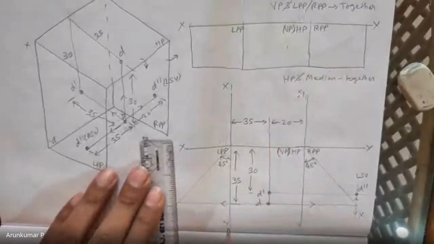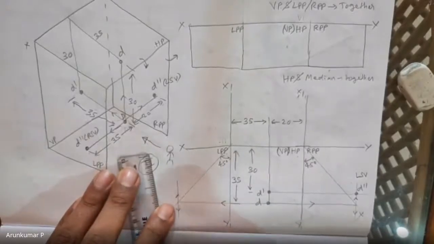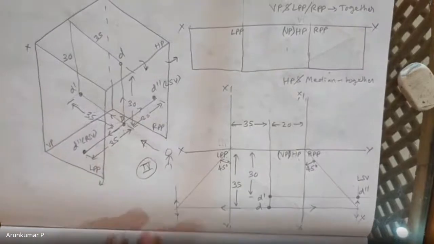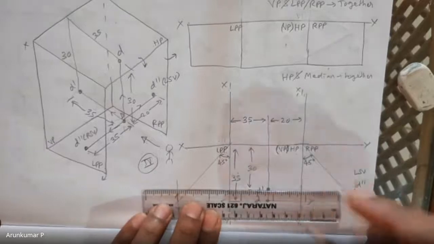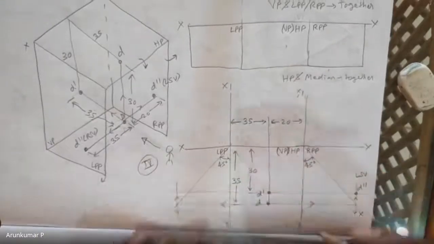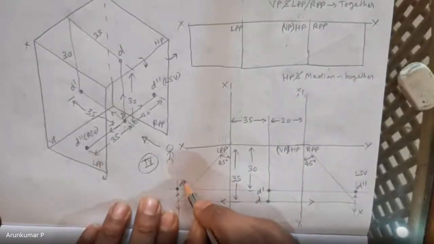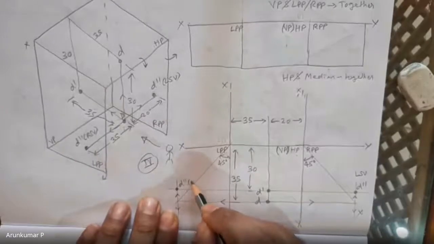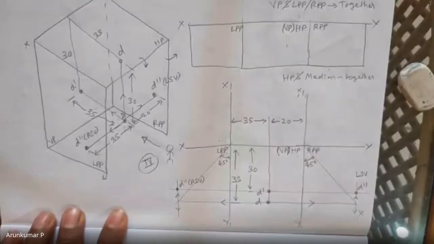From here, you should decide whether you want to take it up or down, depending on the location of the front view. In this case, since the front view is up, you have to take it up and see that it intersects the front view. At the point of intersection, this will be your side view D double dash, which is your right side view. So what you find is, see here, D double dash, both are same.